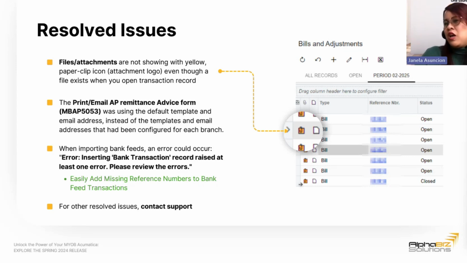So basically, there are still a lot of areas that have been resolved. And usually when we send out notifications for upgrades, the team is also including the release notes for your reference, to check and perhaps assist you with how Mayab had resolved issues that you may have encountered in the past.